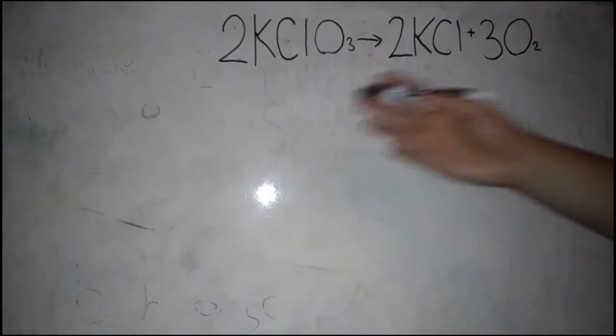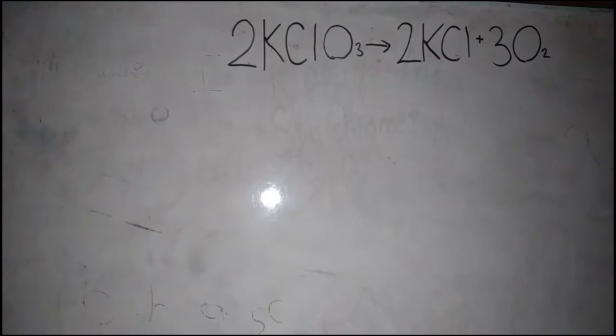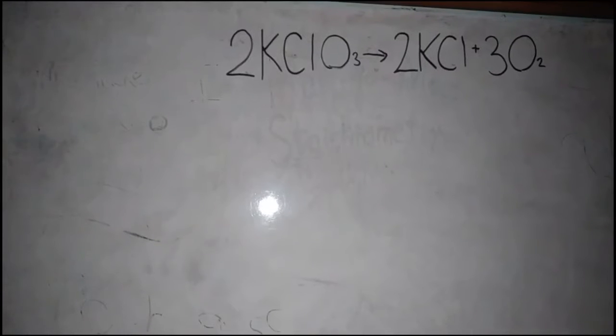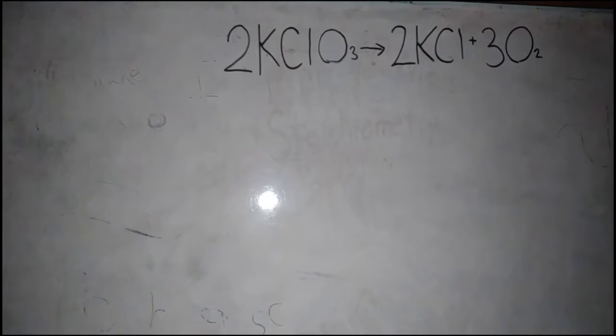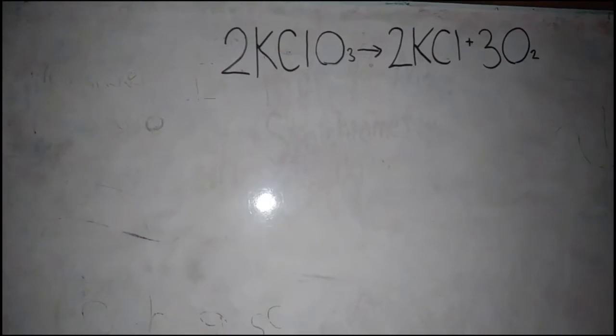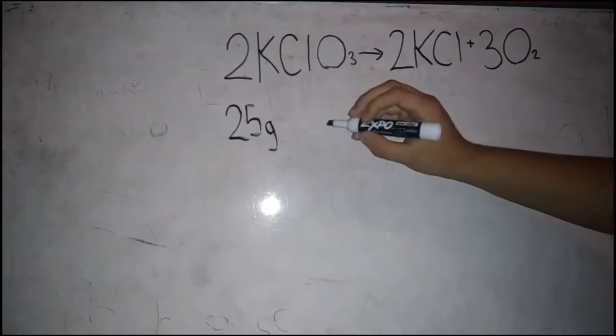So here's our first example. It's an equation that has already been balanced. The question would read, how many grams of potassium chloride are produced if 25 grams of potassium chlorate are decomposed? So the first thing you do would be write what we already know, which is that there's 25 grams of potassium chlorate,